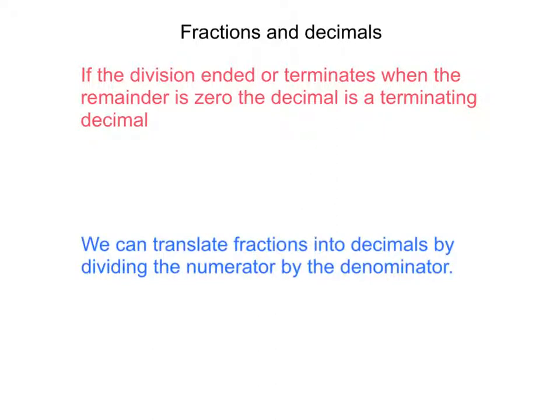Fractions and decimals. If the division ends or terminates when the remainder is 0, then the decimal is called a terminating decimal. Terminating means end or stops. So if you have a decimal like 3.2 and it stops, there's nothing else after it, that's considered a terminating decimal. Sometimes we see decimals that continue on, so